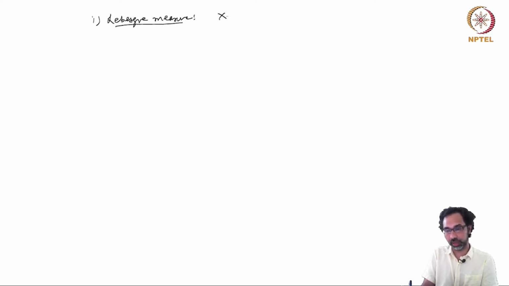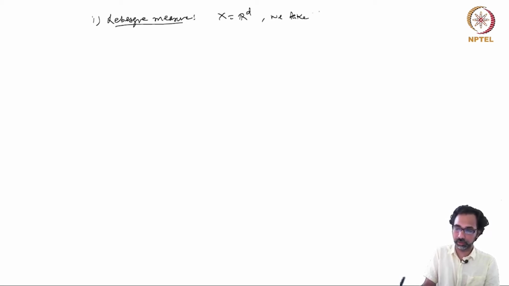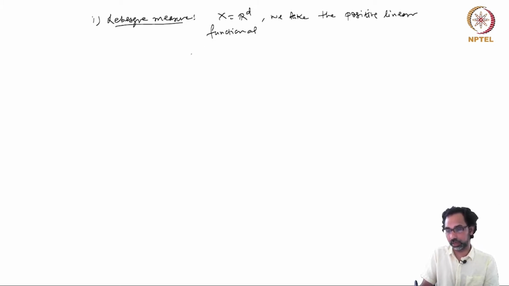We have X is R^d, and we take the positive linear functional, which I will denote by lambda_R, from C_c(R^d) to C,